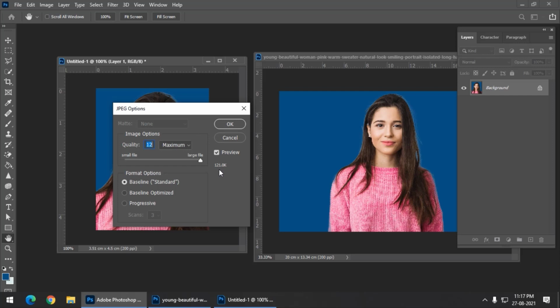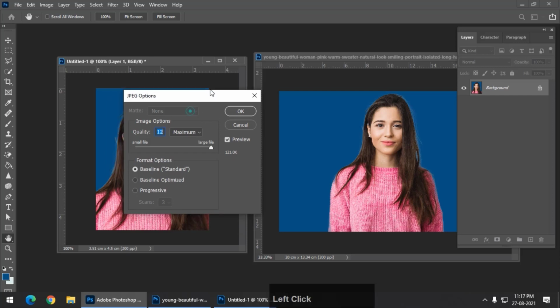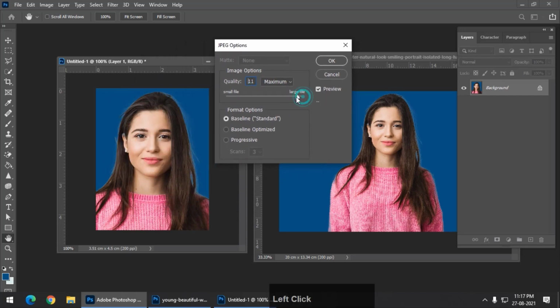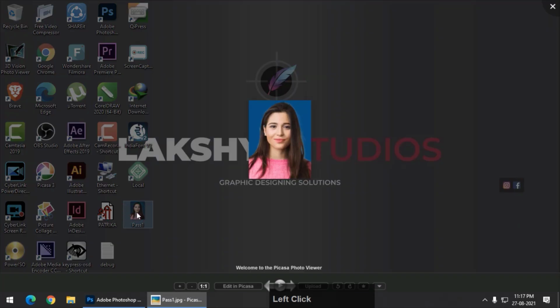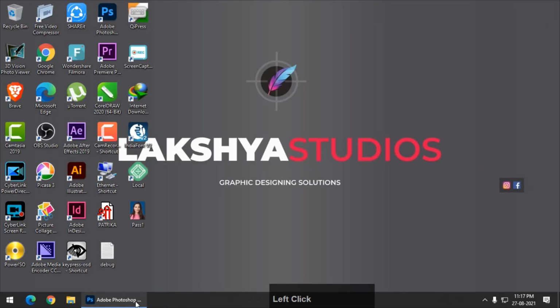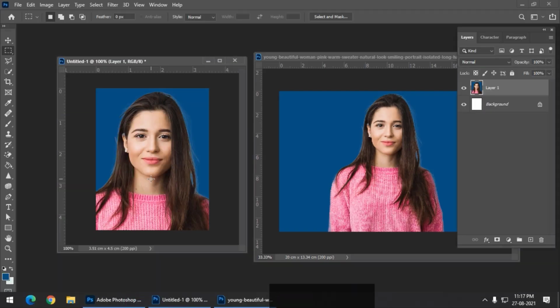Presently it is 121 KB, so this should be fine, but you can always decrease the size if you want to, like this, but make sure you do not decrease it too much so that the quality gets distorted. So make sure the quality is also okay and the size is also within the limit. So this looks okay. I have created this particular photo. You can upload this simply choosing the browse option from anywhere that you are trying to upload it.